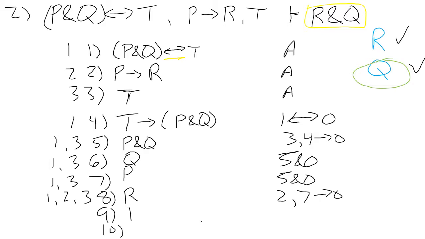So I can just do P. Oops, nope. Gotta write the right thing. I want to write R and Q. And that's going to be from 6 and 8. And in 6 and 8, 1, 2, and 3. Don't need that 10 there. So, again,